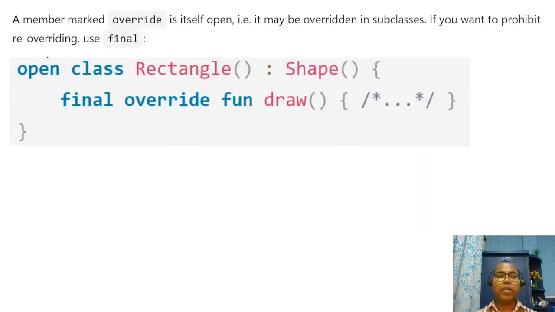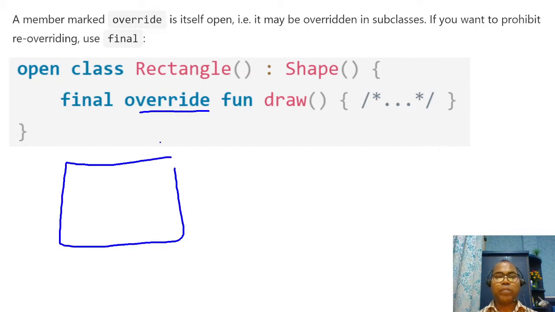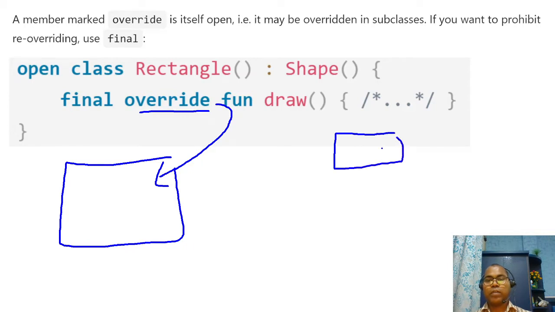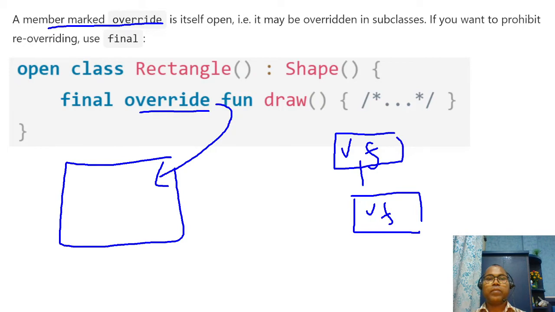And similarly, if I define another subclass, this overriding method is open by default, so anyone can inherit it. In the superclass you have defined one function, and in the subclass you define the same method with the same signature. First you open it, now this is the override, and the override keyword itself is open.